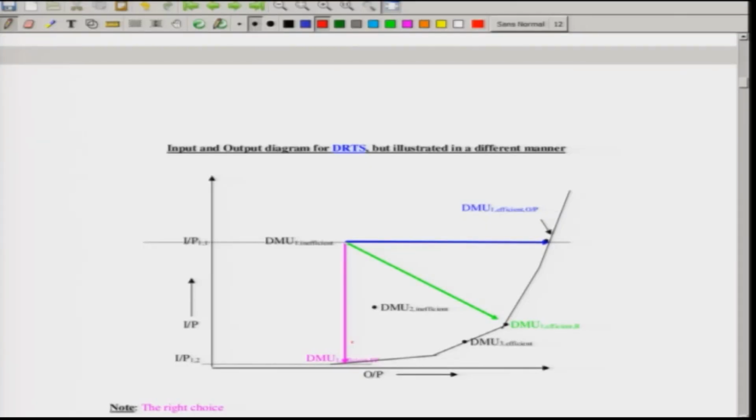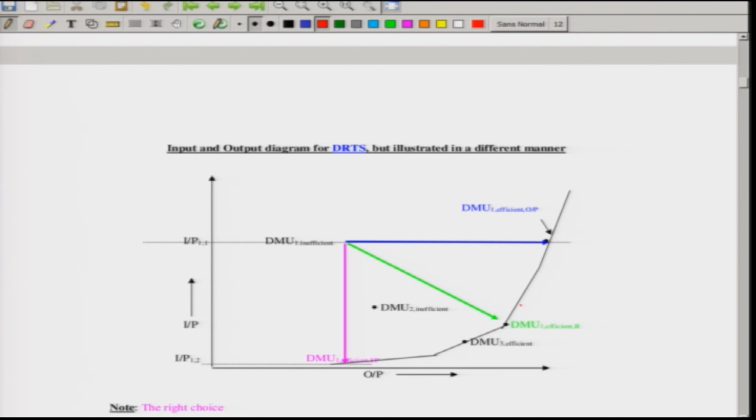Vertically down is shown by the pink one. You move down such that you are decreasing your input, but trying to maintain the output. In the other case you would move to the right, that means you are maintaining the same amount of input, but trying to increase the output. In the radial case you try to move the least distance radially such that you are tangent to the curve, in order to decrease input and also make a compromise on the output.